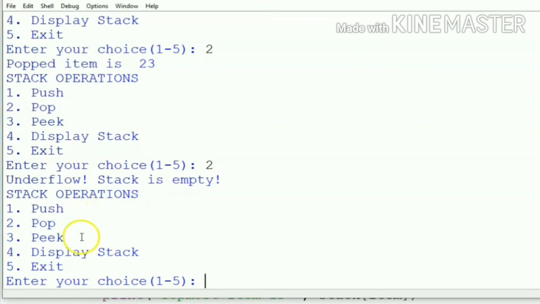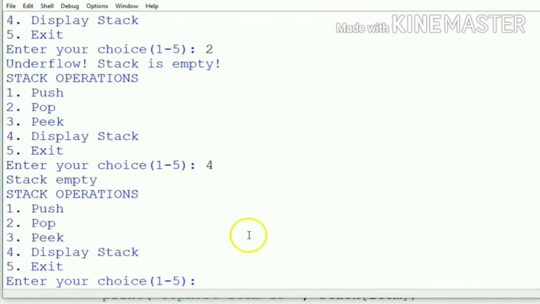Again stack operations, the menu is given: push, pop, peek, display stack, exit. Now I am giving option number 4. See here, option number 4, no element is there to display, that's why our output is stack is empty. Then now I am giving option number 3 to find the peek value.